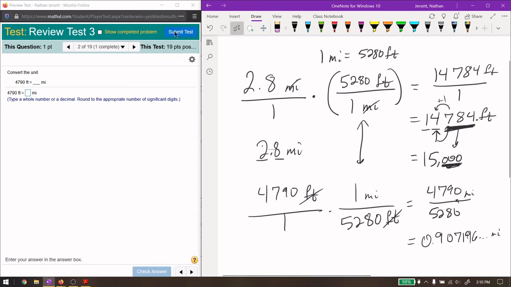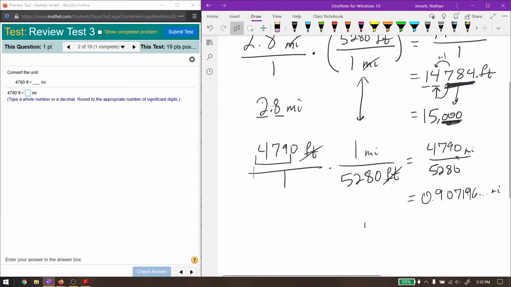And it says again, significant digits. So how many significant digits are here? Well, you may say 4 because there are 4 numbers there, but we're looking for non-zero numbers as you go left to right. The only way a 0 counts is if it is in between non-zero numbers. In this case, 4,790 only has 3 non-zero numbers, with no 0 in between. We need 3 significant digits. We don't include the 0 in the front. That's just like a place value. That's just saying there are 0 ones. We start here, 1,